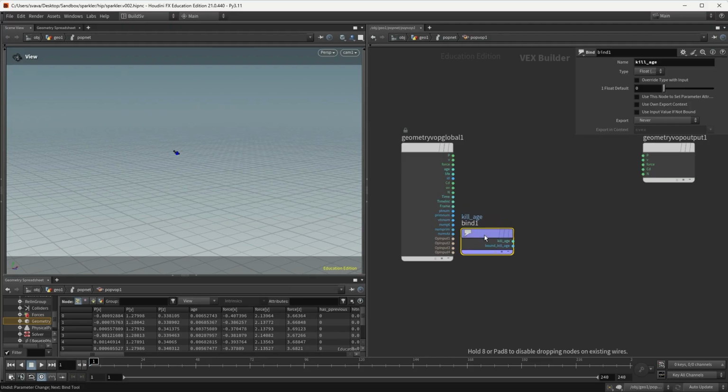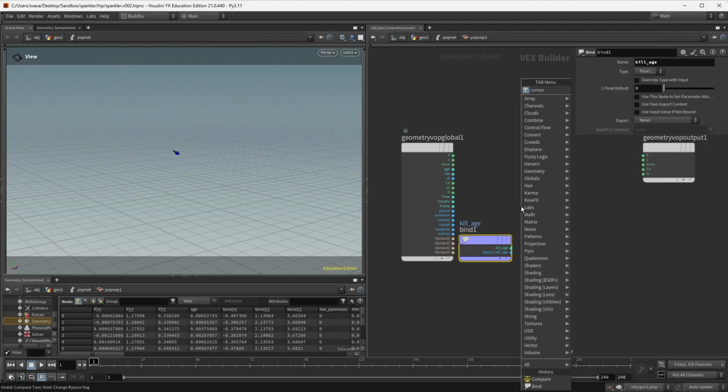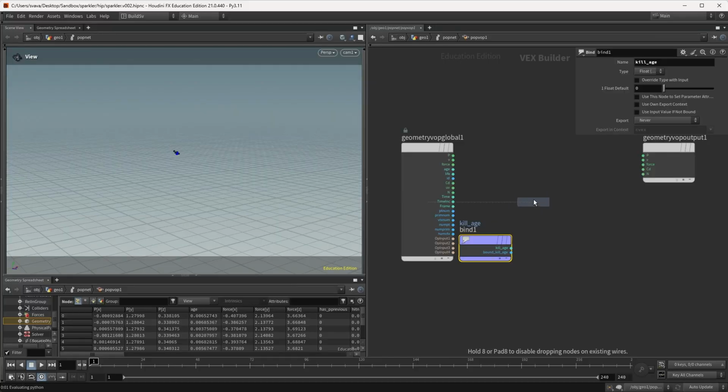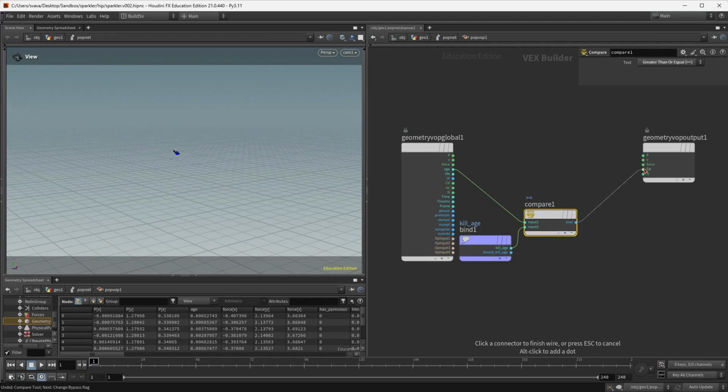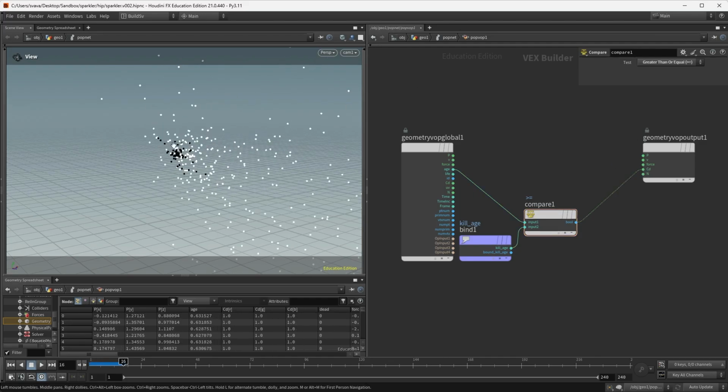And then I'm going to compare it. So if age is greater than or equal to kill age, this will be 1, otherwise it will be 0. So let's check it out in color. And you can see how the particles turn white.